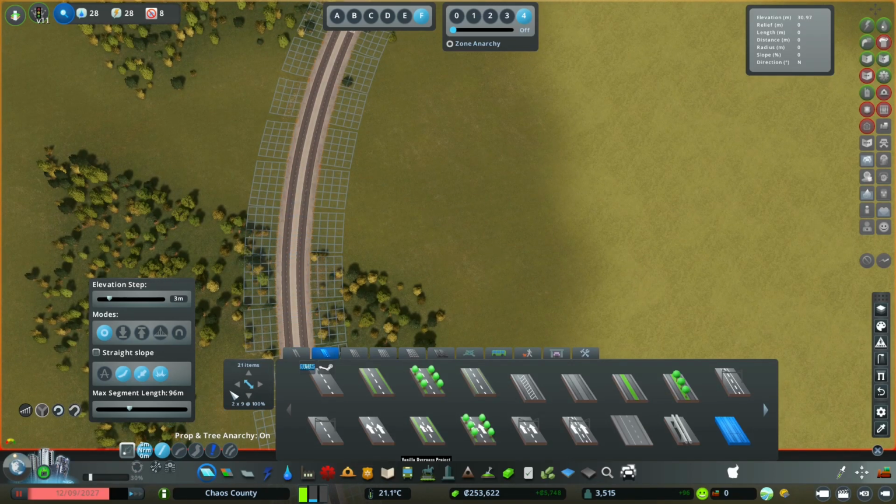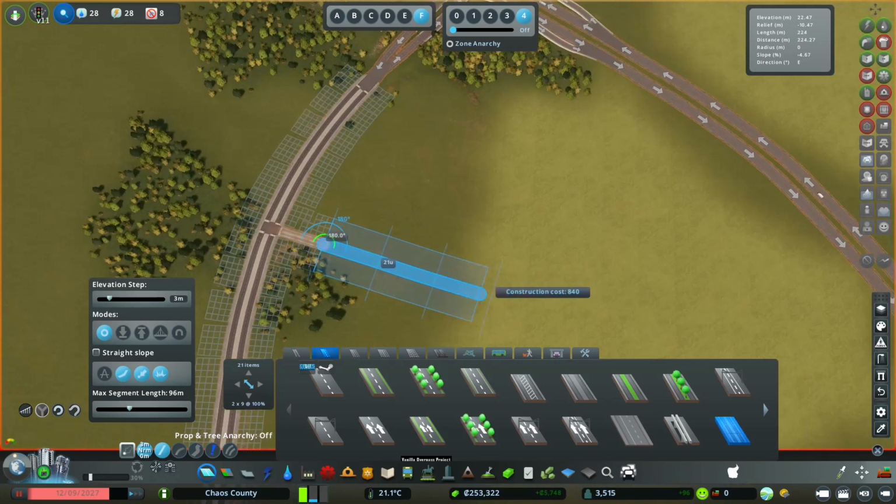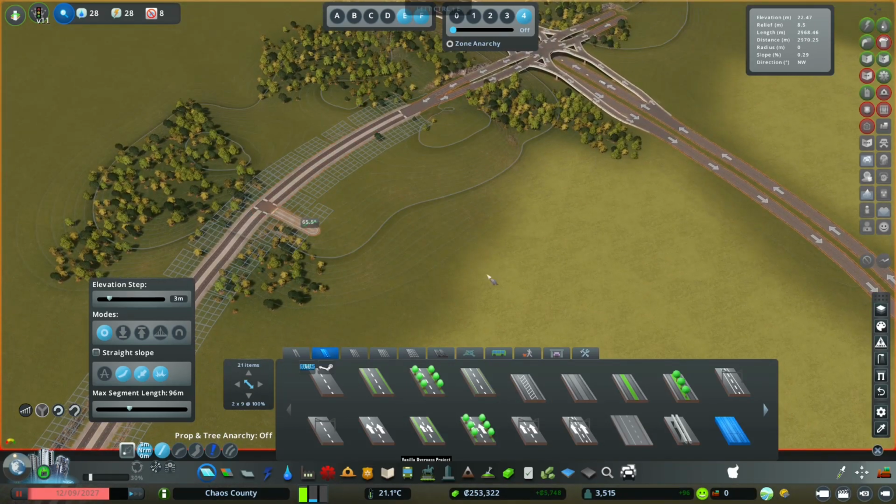I notice anarchy is actually switched on. Let's switch that off just to make sure that we don't have funny stuff with trees and stuff through roads and so on. So that's kind of the idea that I was thinking. Let's grab the road. So let's